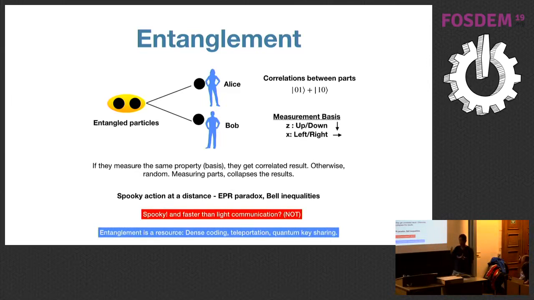A simple picture that I think of is if you change the basis, or if you change what you're looking for, so instead of red and white, you suddenly see if there's a walnut inside one of these and a, I don't know, peanut inside, you will still find that they show the same correlations as the red and white. So it doesn't matter which basis, you can do a change of basis and you still have these correlations.